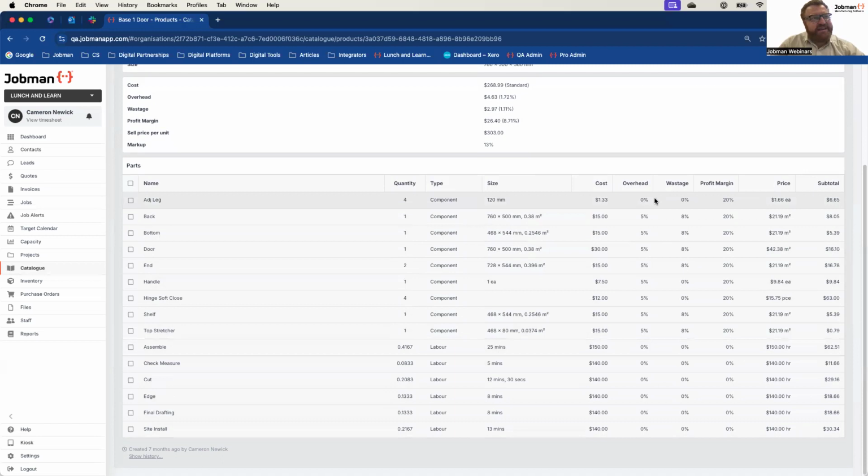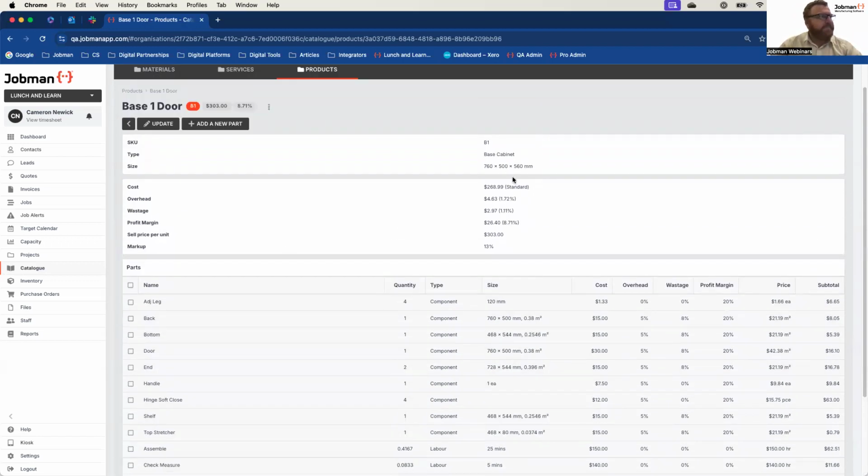And you can see here that by setting up those default rates, Jobman's already doing its job. Jobman's coming in and saying, hey, yep, there we go. That was our default charge out rate for our labor. There's the difference with the assembly. And these are our overhead, wastage, and profit margins applied. So the beautiful thing by using those overarches, you don't have to go into our system and modify every material, modify every product every time you want to make a price change. You change it in one area and it will change everything in your software.